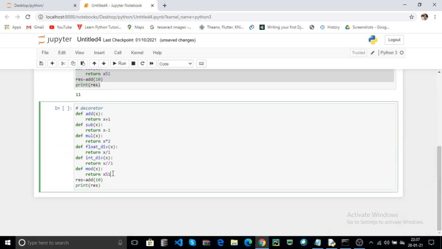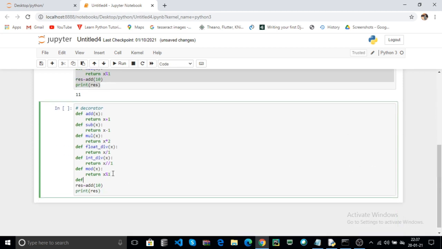Here I use another function, that is operation. Here operation is one function. I pass a parameter as another function, for example fun, and I pass one parameter as param. You can use any name.